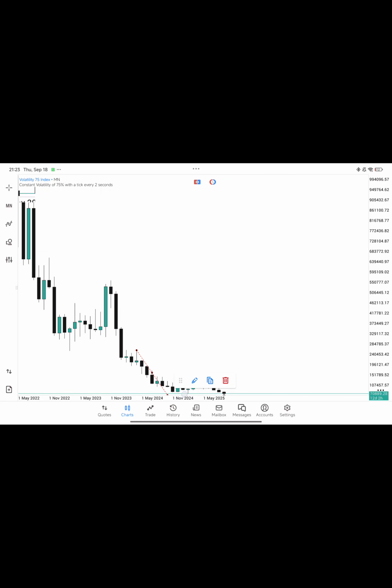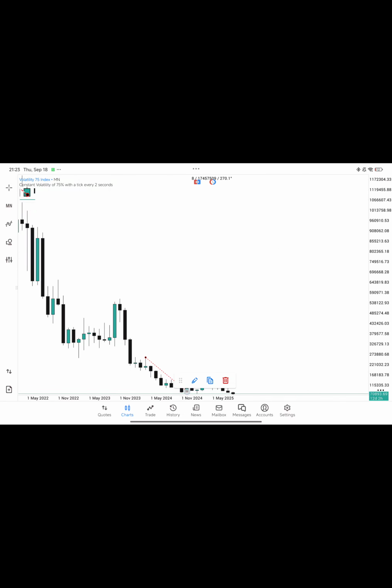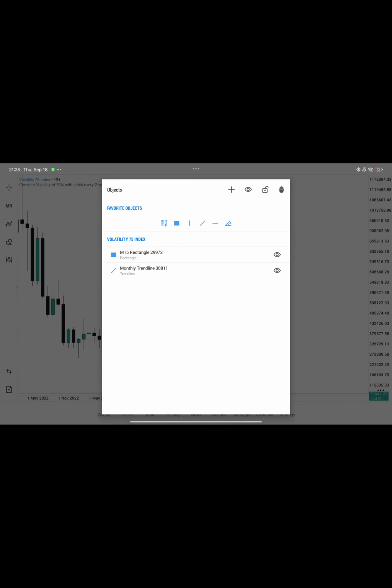If I was going to indicate a line there for you to see, it will be from this high all the way to this low. This is where we had the swing. And then what was the next swing that happened on the market?